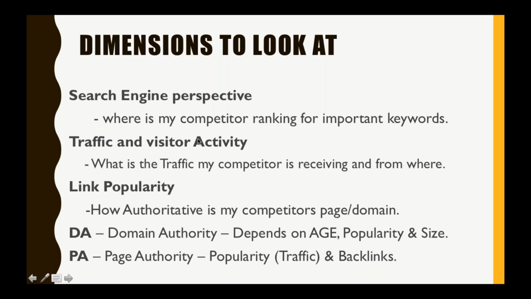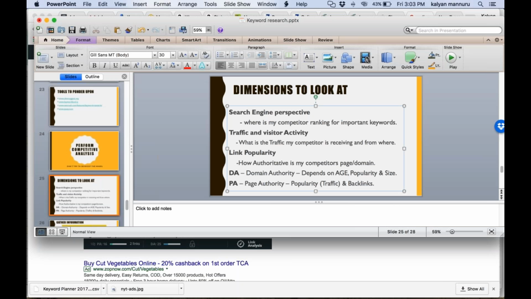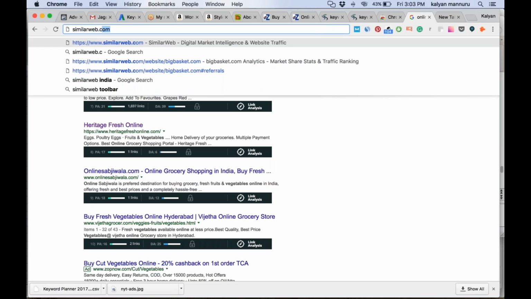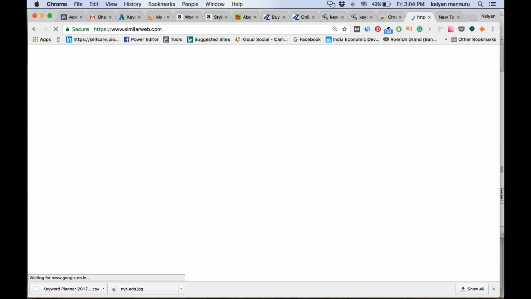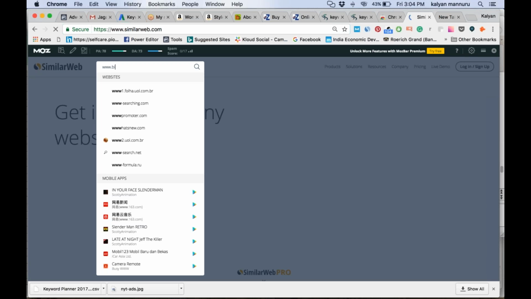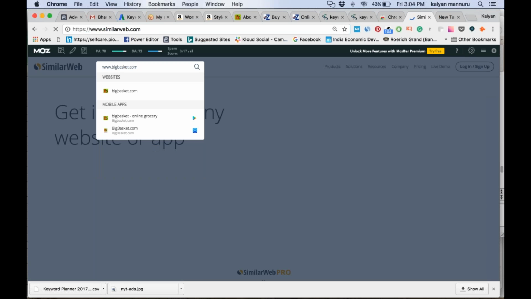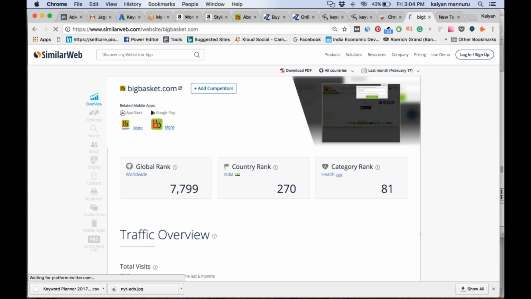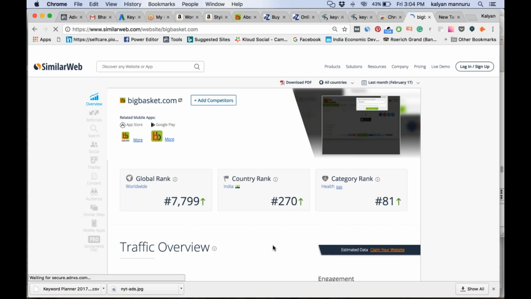Okay. Now the third one, as I was talking about, is traffic and visitor activity. How do I track the traffic and visitor activity of my competitor? So one of the tools I suggest here is called similarweb.com. Using this particular tool, you can check the traffic and visitor activity of your competitor. I'm checking bigbasket.com. This is one good tool that gives you much insight into their overall ranking, global rank, and you can see